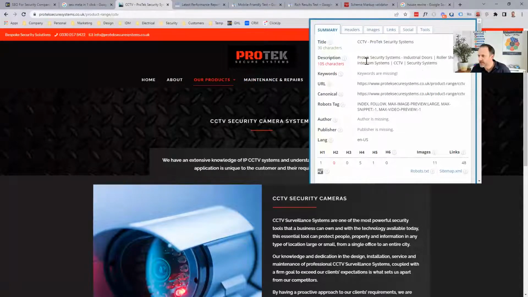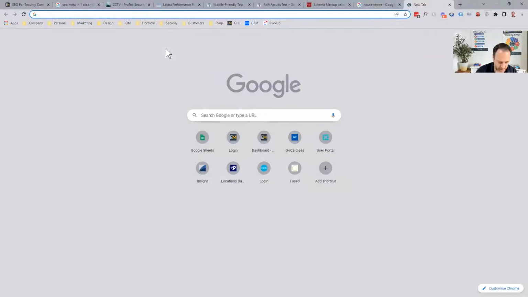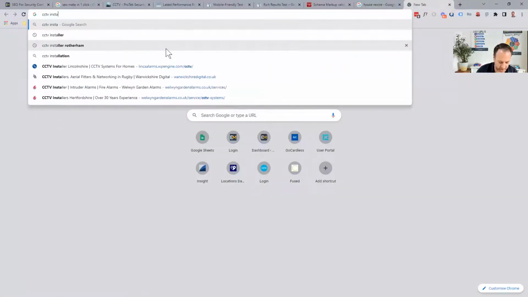The description, it's come up in red here because it's a bit too short. Actually, it needs to be longer than that. The description again is in the code of the website, and it appears on the Google search page. So if I would just put in here CCTV installer,